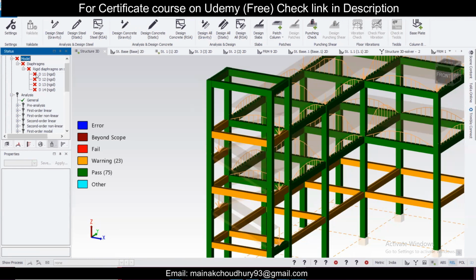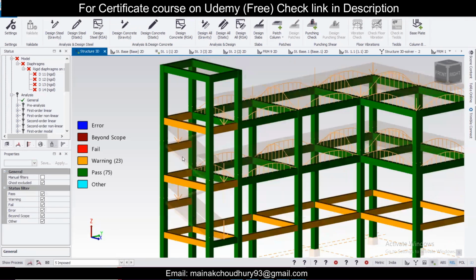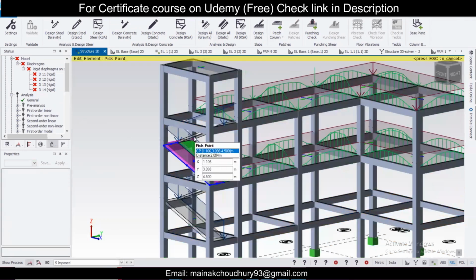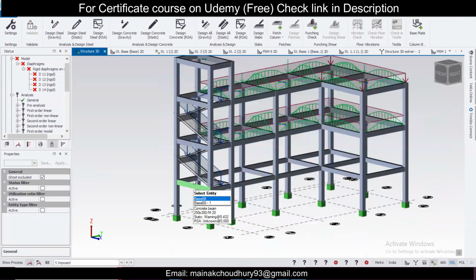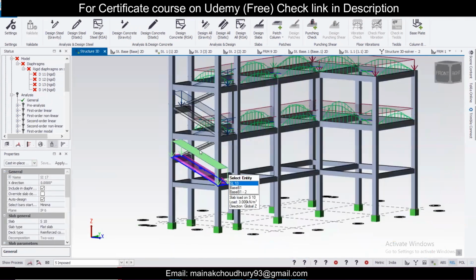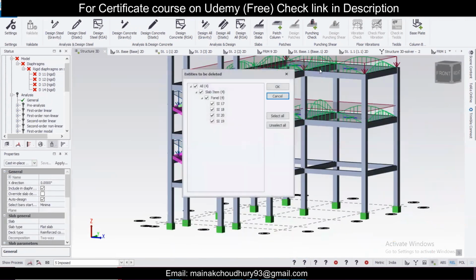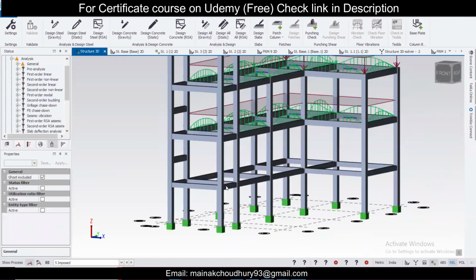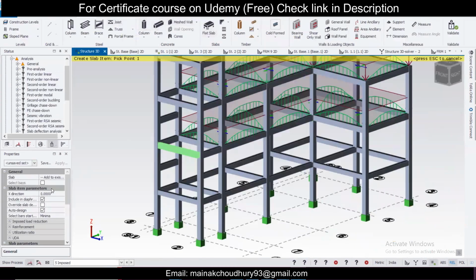Okay, it's saying that we shouldn't give rigid diaphragm. I hadn't given rigid diaphragms, but why is it showing like this? I had given none first. Okay, let me just try again. We keep on trying till we succeed. I just select all this, delete all this. So after that, go to model, go to flat slab, and here